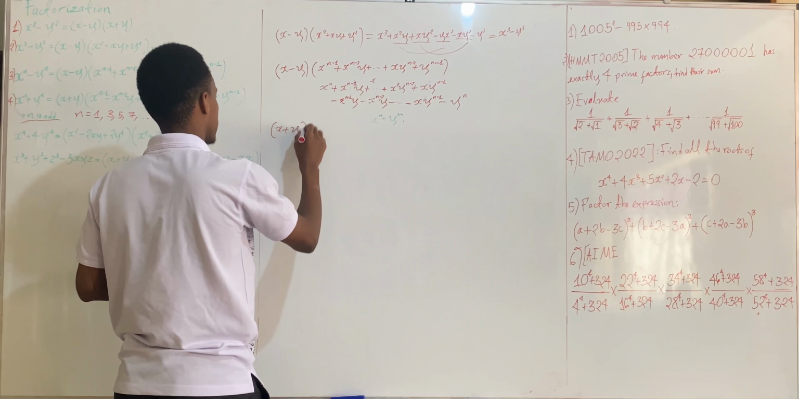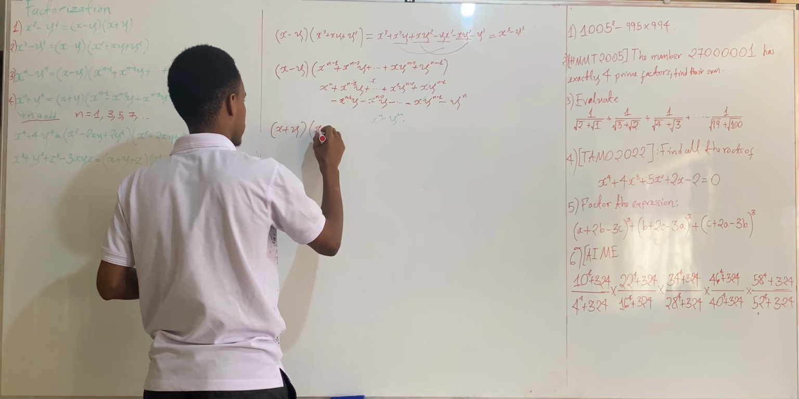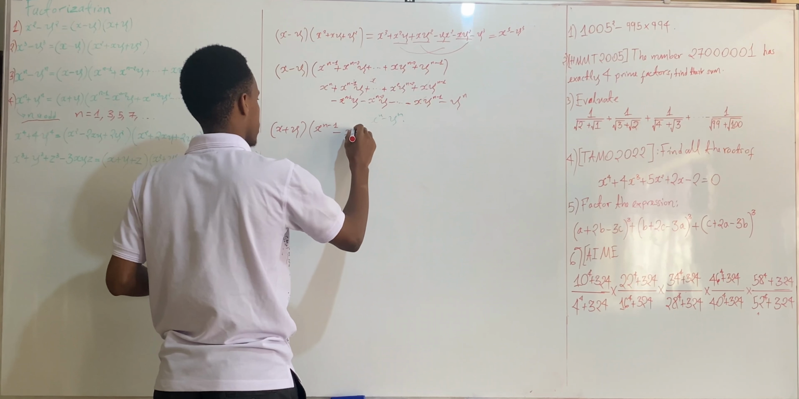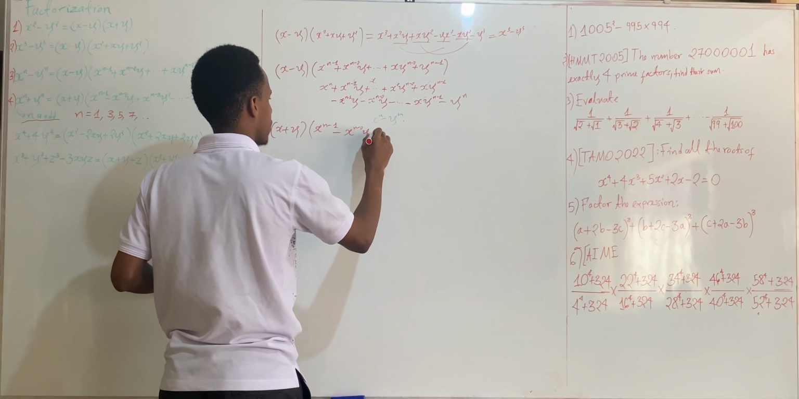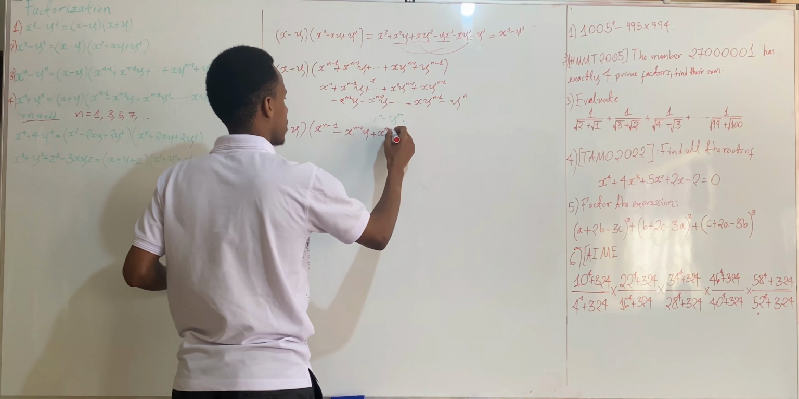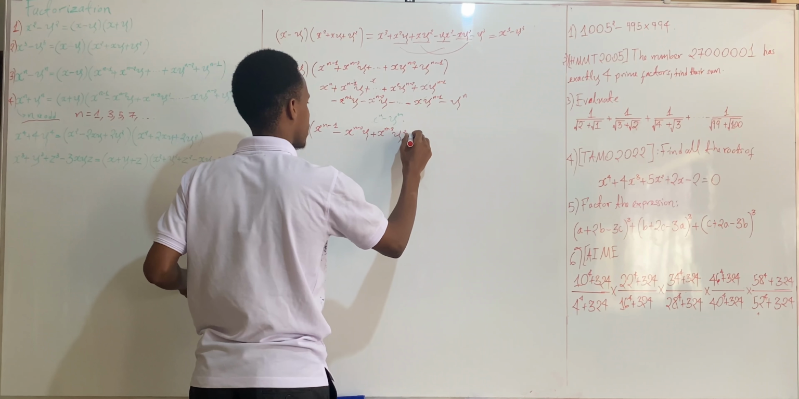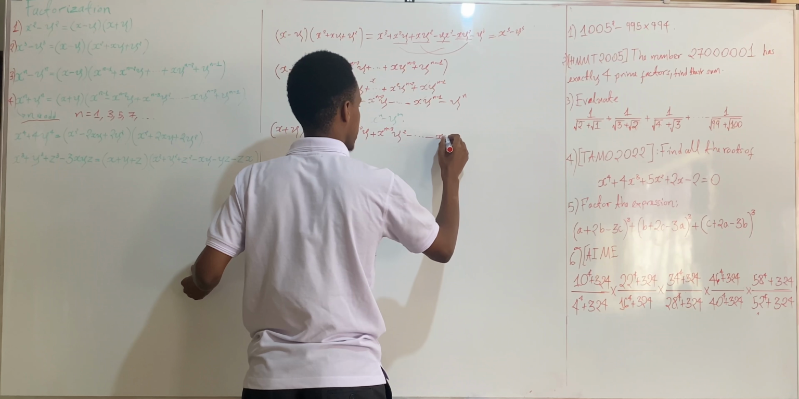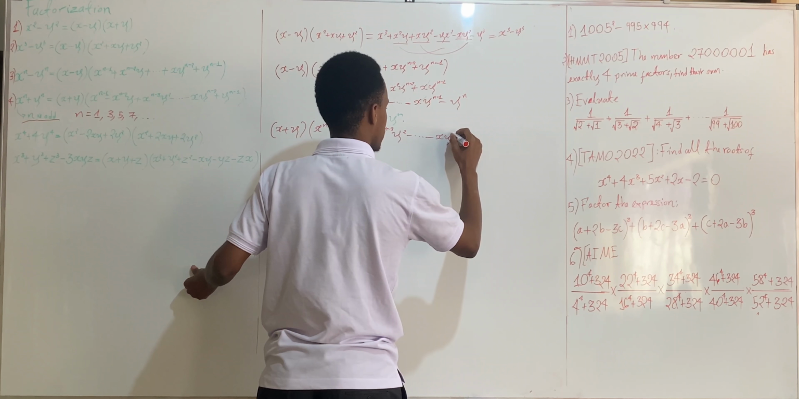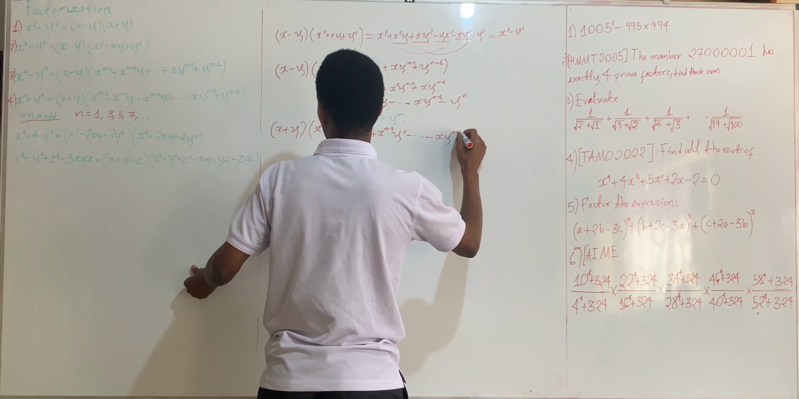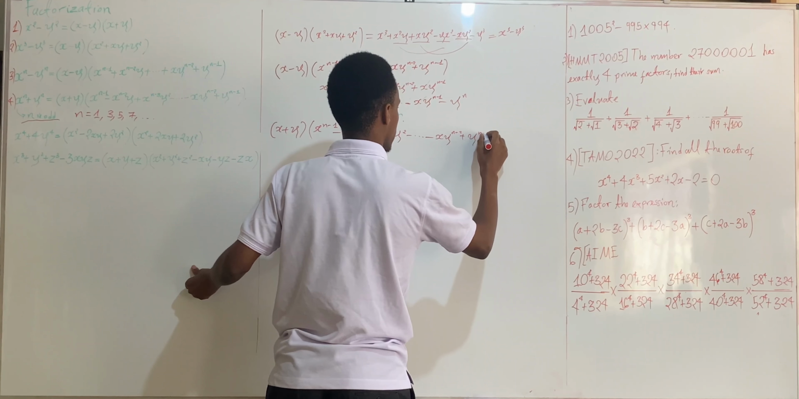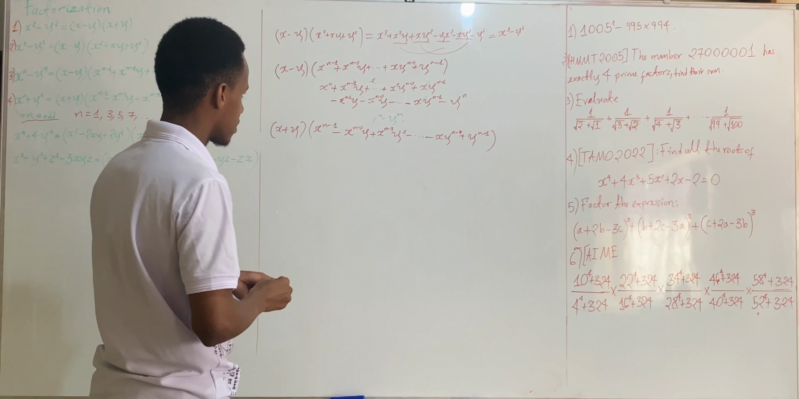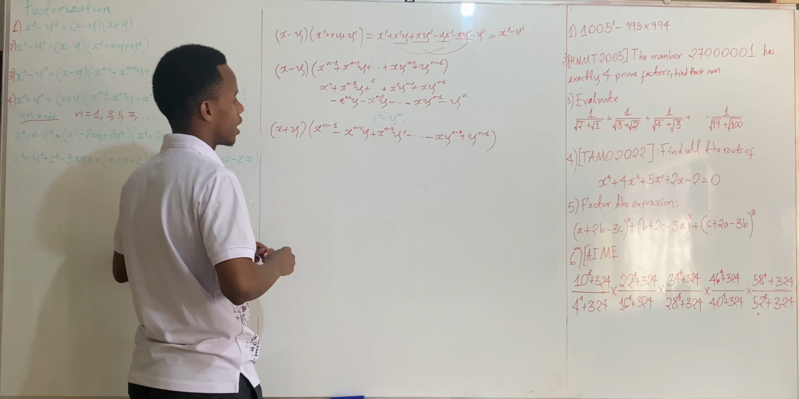We have x plus y times x to the n minus 1 minus x to the n minus 2 times y plus x to the n minus 3 times y squared minus on and on until we end up at minus x times y to the n minus 2 plus y to the n minus 1. So as we can see, this second term is a little bit complicated, but it's not that